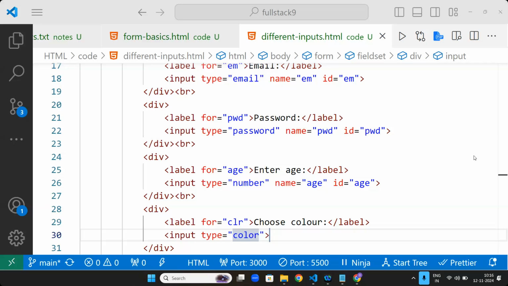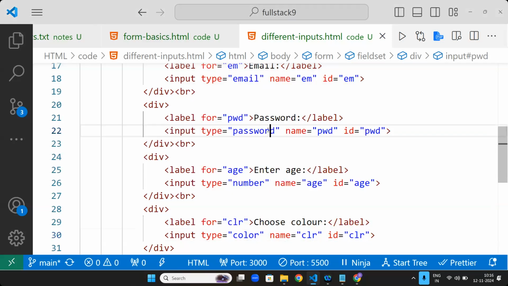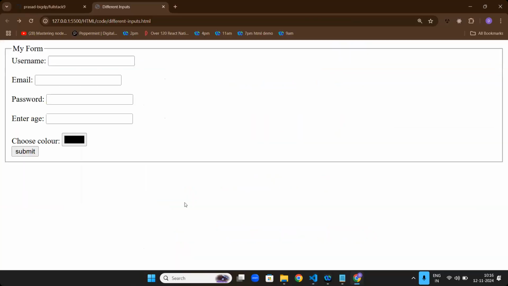Next one. Choose a color. Name color, ID color. Now let's see how this color one looks like. Can you see this?